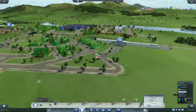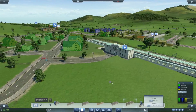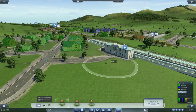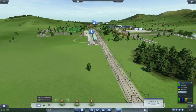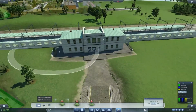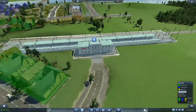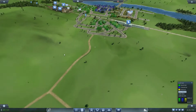There we go. That doesn't look too dreadful, does it? No, not quite. Should we smooth that? Does it look any better? Oh, it does. It does. Oh, it does look a lot better. Yes. Cool. Right. Okay. Now, that's going to connect to Yate,